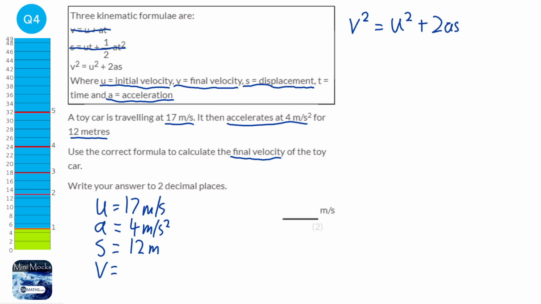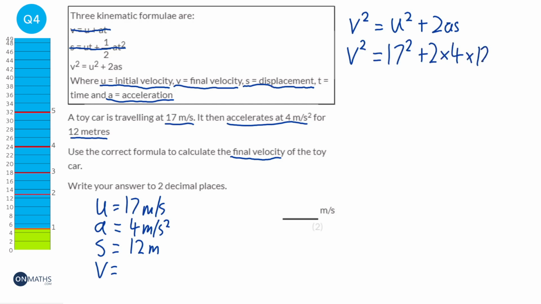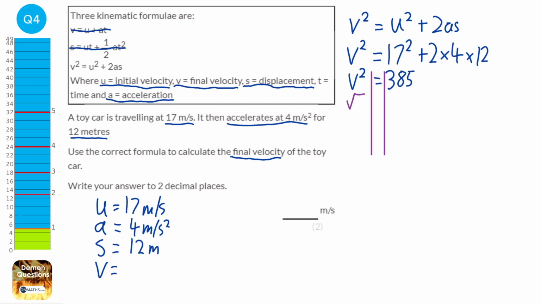Okay, let's fill in what we know. Well, we're looking for v, so we'll leave that. And so it's going to be 17 squared plus 2 times 4 times 12. And then when you work that out on a calculator, that comes to 385. And we're going to do some quick solving here. And we're going to square root both sides to get rid of that squared. So we get v equals the square root of 385, which is 19.621, etc. And it wants it to 2 decimal places, so we're going to write down